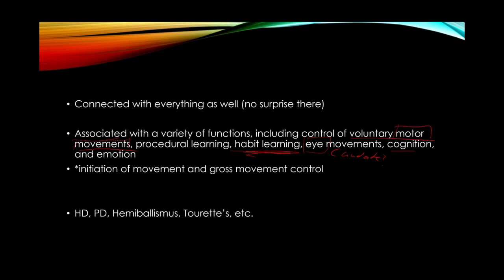Cognition and emotion. Initiation of movement and gross movement control. If you want to sort of sum up basal ganglia,